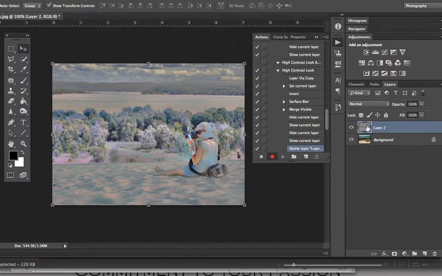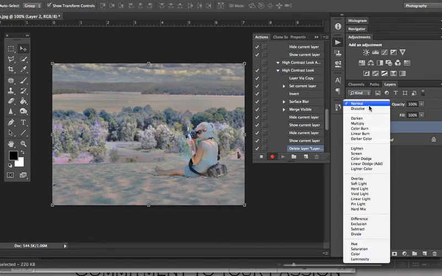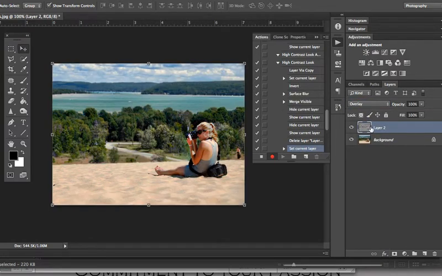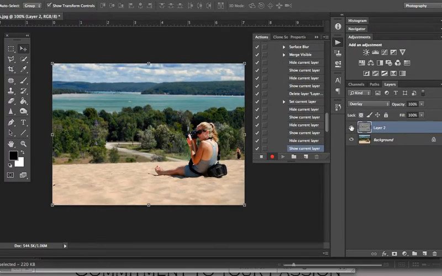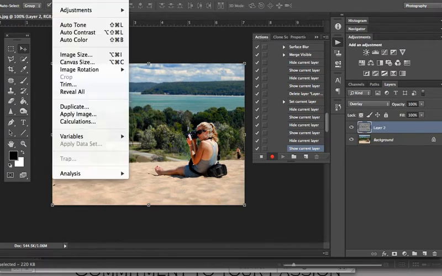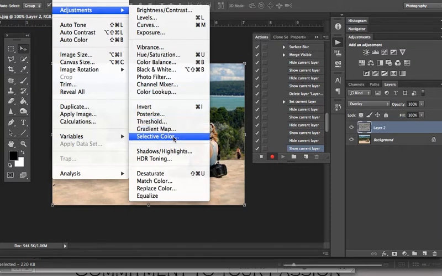Now I want to change my blend mode here of this layer. I'm going to go to the normal drop down menu on the layers panel. I'm going to choose overlay so that that inverted blurred layer will blend with the bottom layer to make a very high contrast, as you can see, high contrast and sharpened look. Next, while I'm still highlighted on my layer 2, I'll go to the image layer, adjustments, shadow